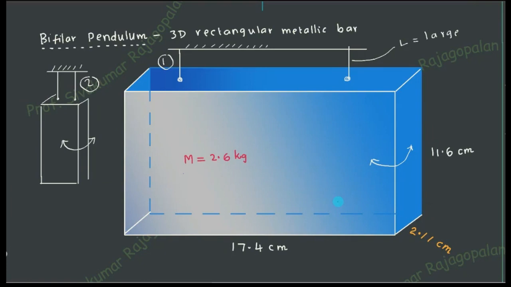Practical method means you perform the time period measurement. You first calculate the time period of oscillation, and from there you calculate the moment of inertia. And then you compare these 2 values. The theoretical value is supposed to be the accurate or exact value. And when compared to the theoretical value, how much is your practical value? Then you can tell what the difference is, and that difference is what we call the error. Typically, 5% error is acceptable, and anything of that kind is fine.